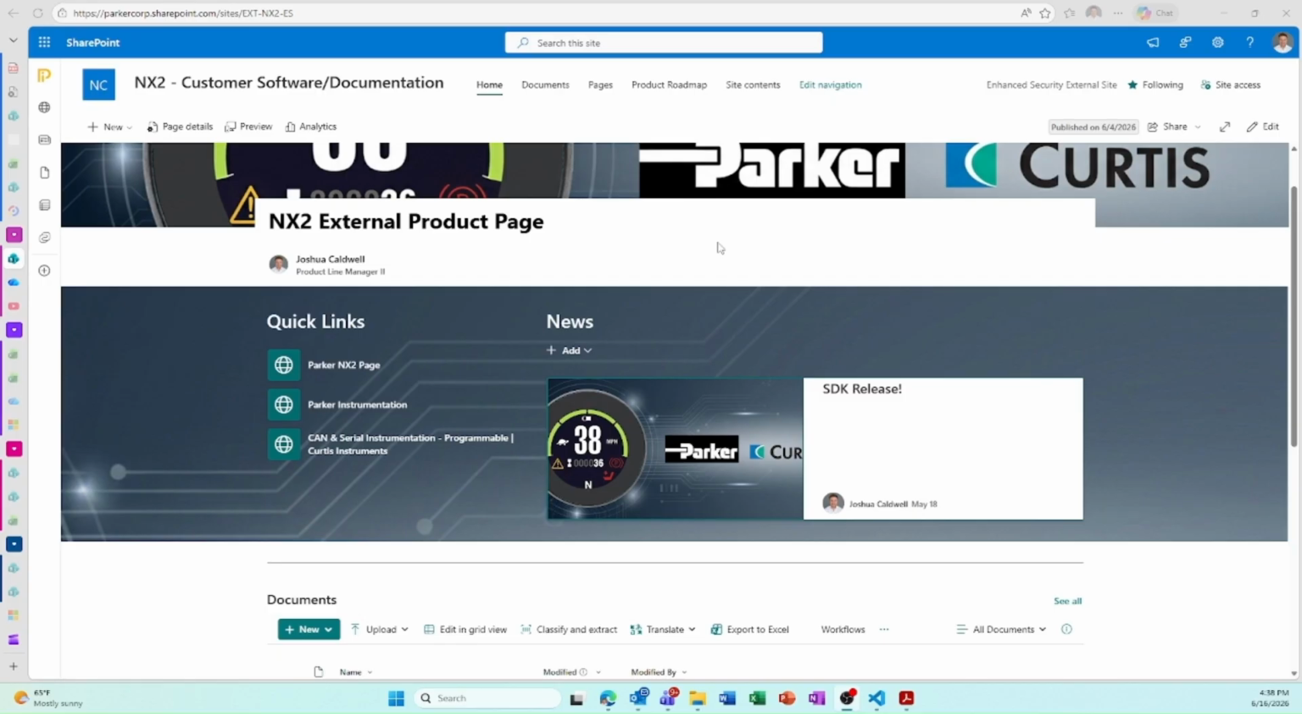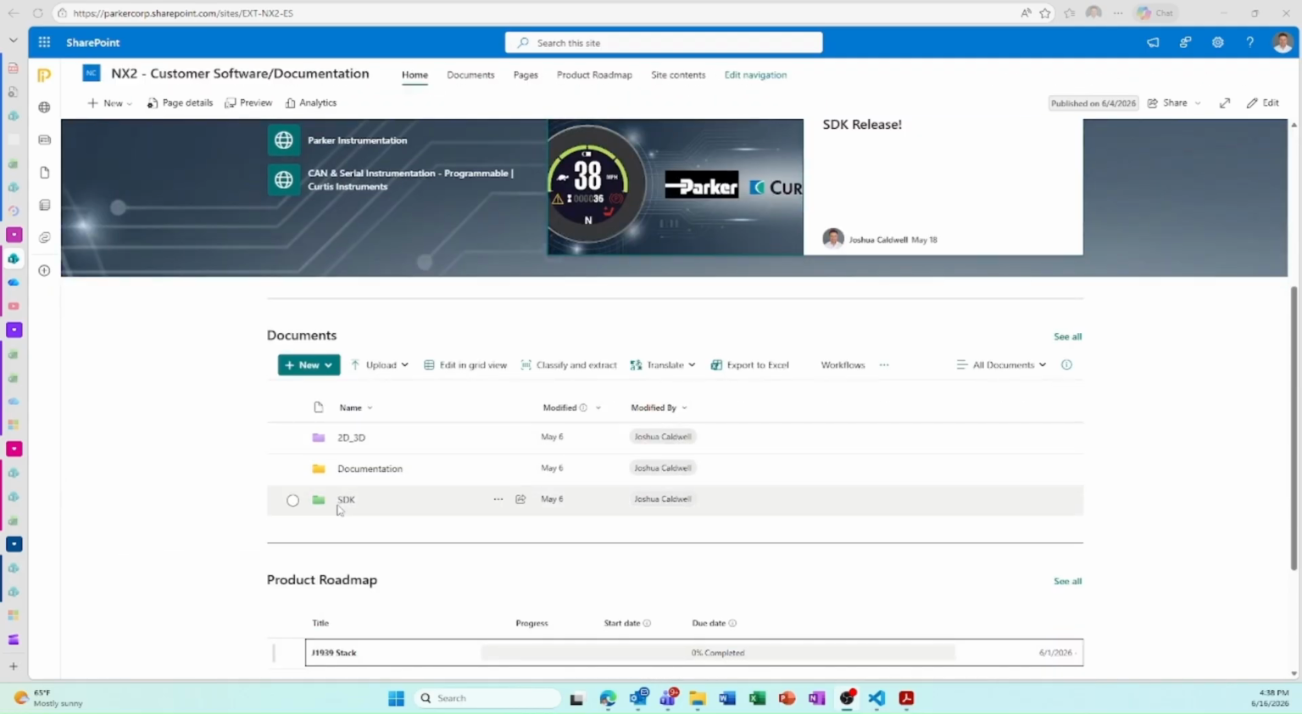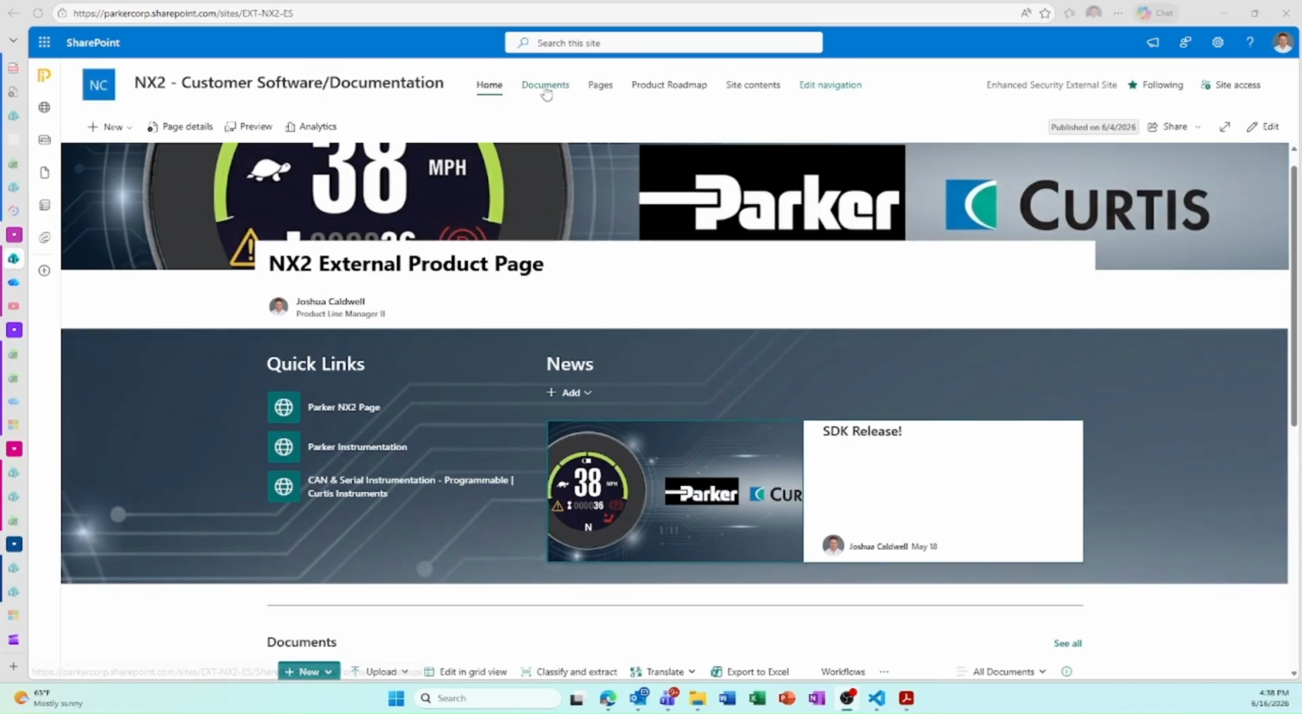Hello. In this portion of the NX2 setup training, we'll be downloading, extracting, and configuring the SDK for use to install on the NX2. So you'll be contacting your Curtis applications or sales representative, and we will provide access to this SharePoint site, which you see here. Once you're provided access, you can go to the document